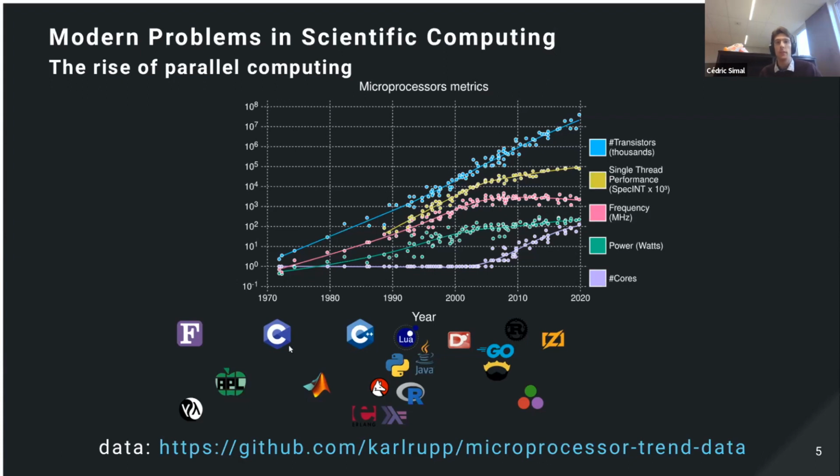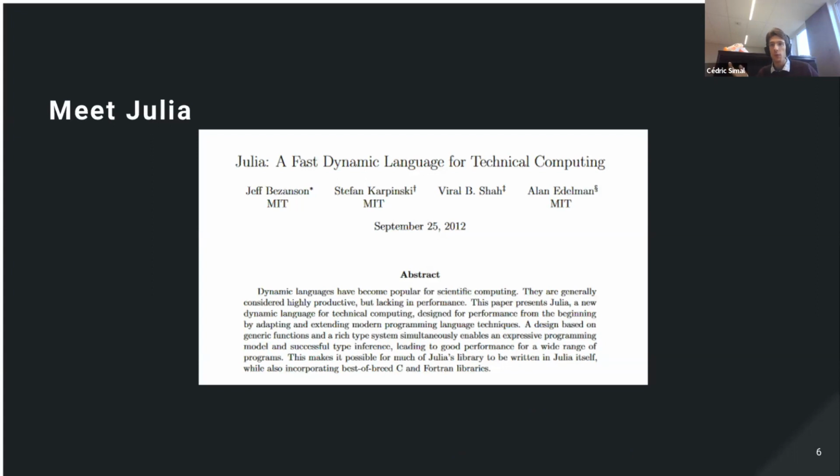And one of the problems in C and C++ is that you can do parallel programming, but it's difficult and the language does not help you, on the contrary. So not being satisfied with these two states of affairs, a bunch of people at MIT decided to create a language that had both the ease of use of Python and the speed of C, and they called it Julia. They started around 2010 to work on it, but they unveiled it in 2012